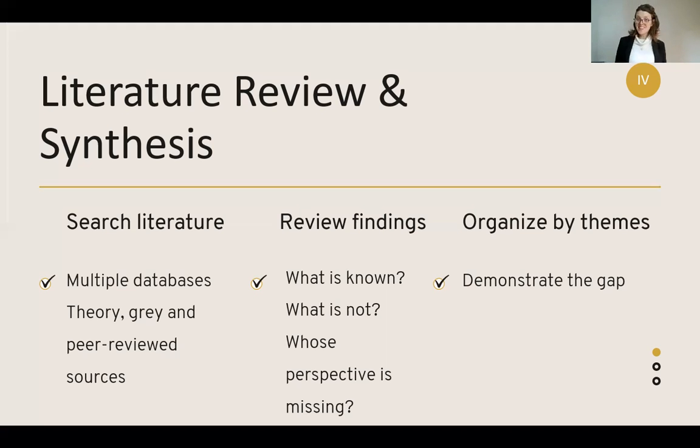So after you've decided which articles are relevant to include in your literature synthesis, read all the articles through. Consider what is known, what is not known. How does the information presented shed light on the research question? Whose perspective is accounted for? Whose is missing? Take notes on all these answers. I found printing off the relevant articles was helpful for sorting them into piles, which takes us to the next